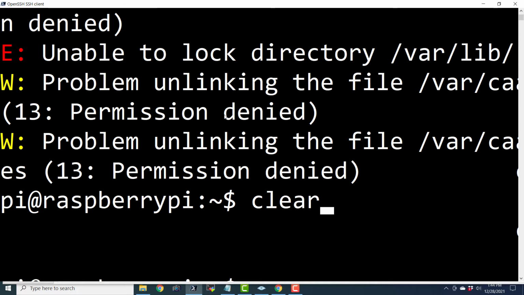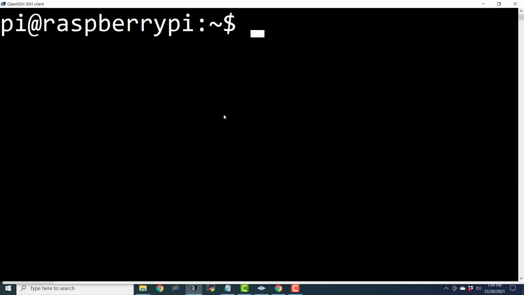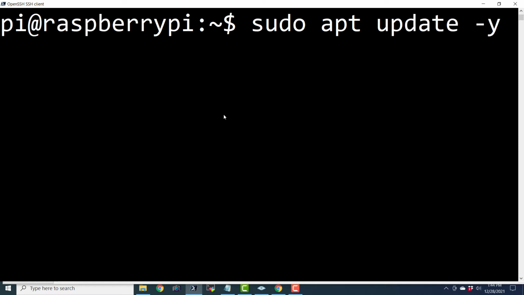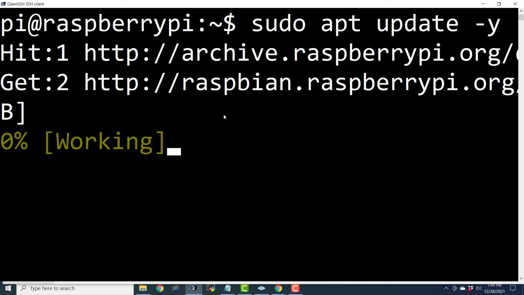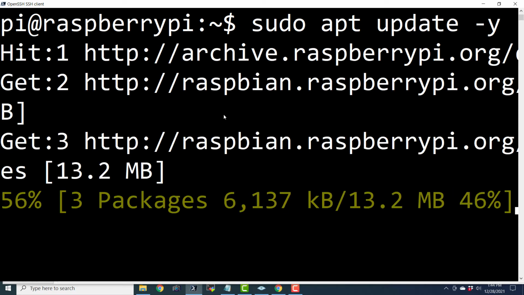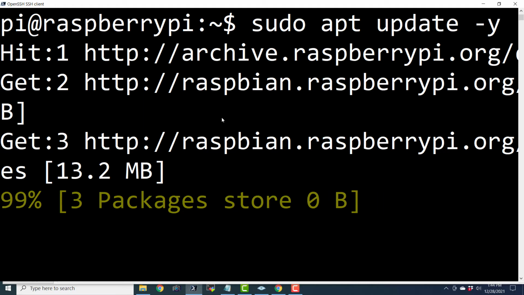For elevated privileges, we need to run this command with the help of another utility which is known as sudo apt update -y. So sudo means super user do or something like that, while su means super user. We are going to use the admin privileges associated with this sudo command, and then we are using this apt utility and passing it the arguments update and -y. And if I hit enter, it is now updating all the pointers and the repositories.